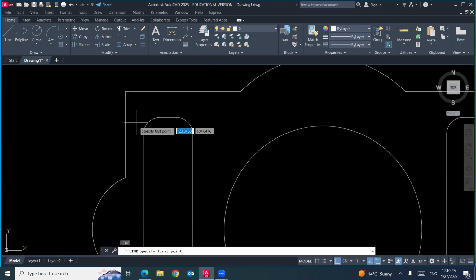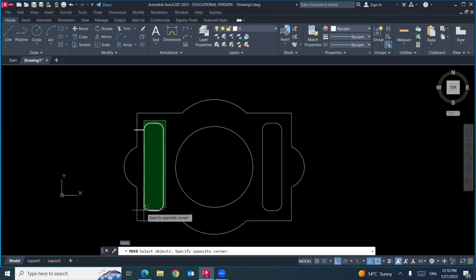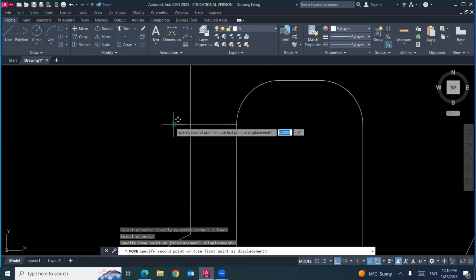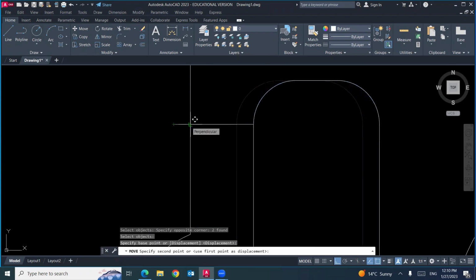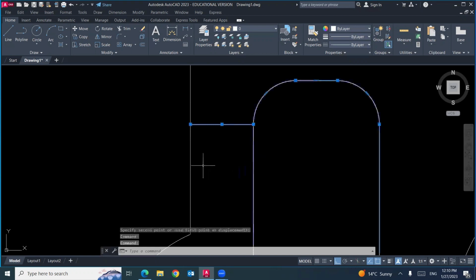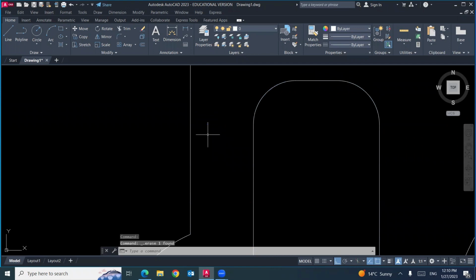Then I will draw a line here with distance 15. And then I will do move. I will pick the base point to be this point, and then the second point will be this one. So I moved it. The distance between this edge and this edge equals the length of this line segment. So I can delete it.